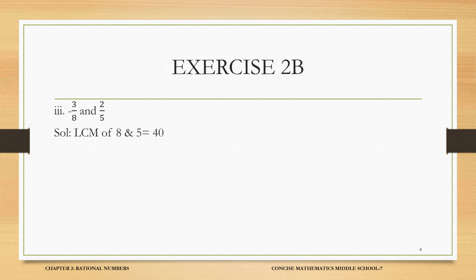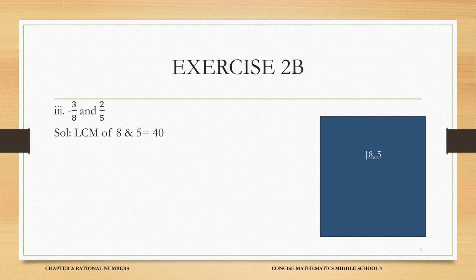So let's take the LCM of 8 and 5. Just write 8 and 5, and here 8 is divisible by 2. Always start with the least number. So 2 4s are 8 and 5 you can write down as it is. 2 2s are 4 and 5 as it is. 2 1s are 2 and 5 as it is. 5 1s are 5. Now just multiply these prime factors, that is 2 into 2 into 2 into 5,